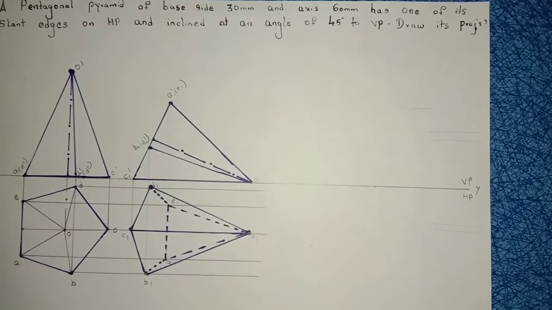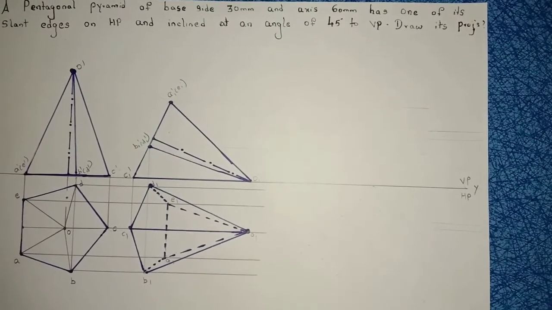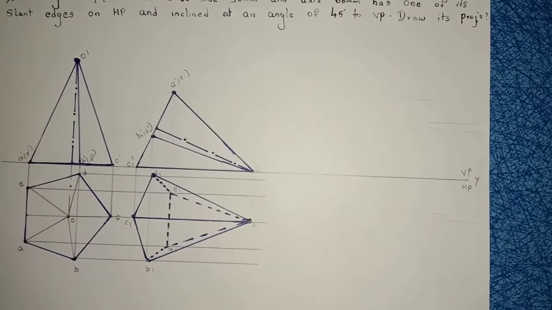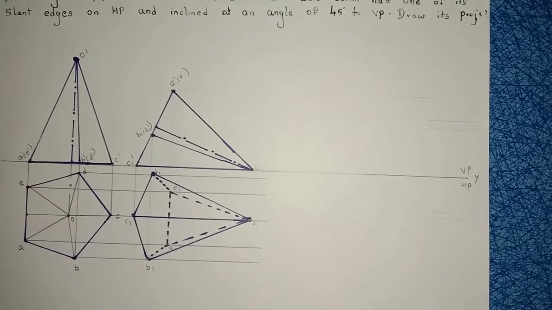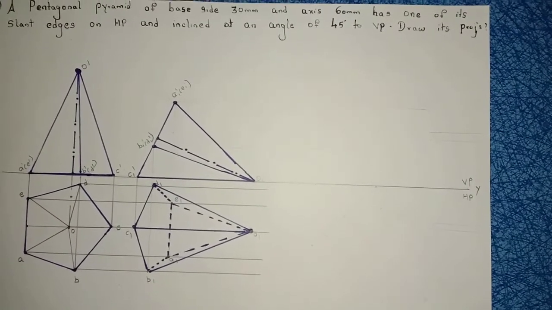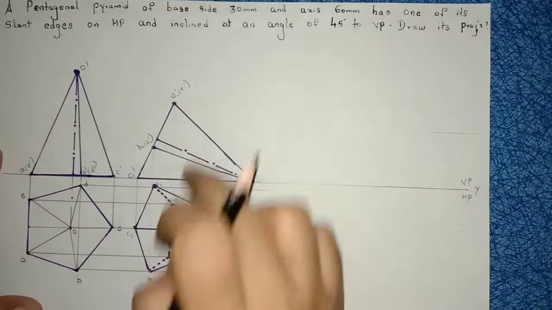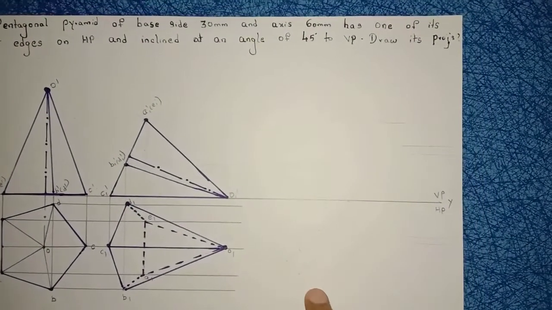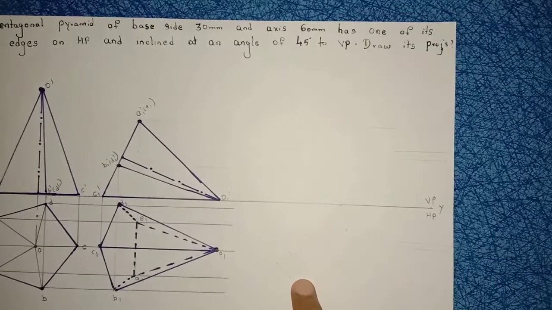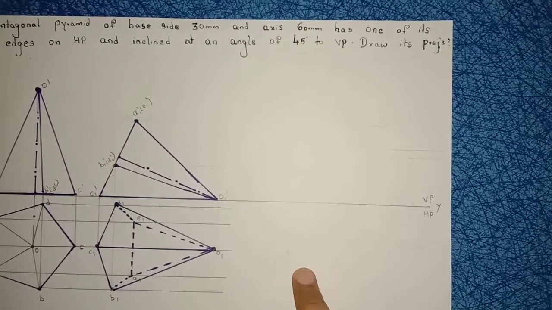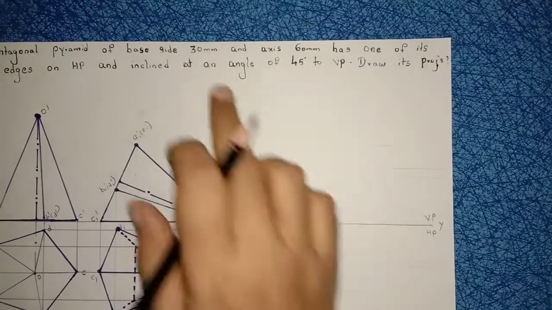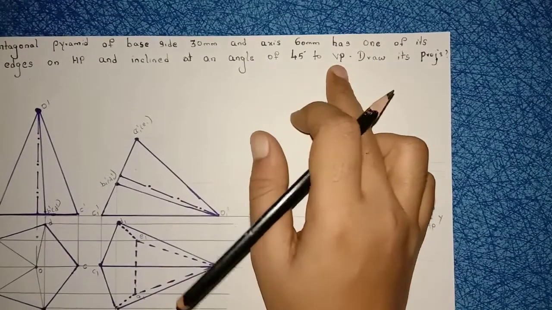Right, now after that you have to construct the third step. Whenever you are constructing the third step, assume that the second step was in a box method. So 1 2 3 4 5, I should construct the fifth step here. In order to construct the fifth step here, the angle should be inclined to VP. Now see the question, 45 degrees to VP.